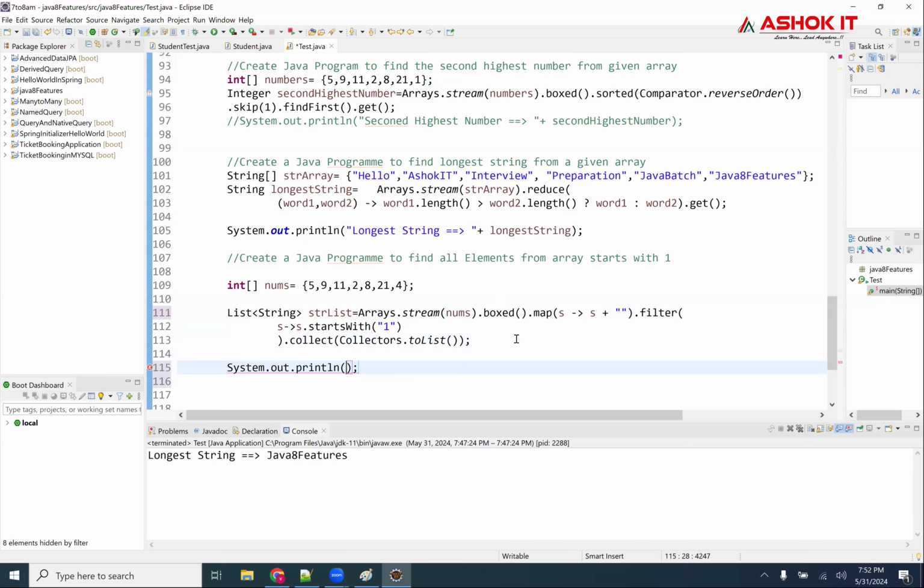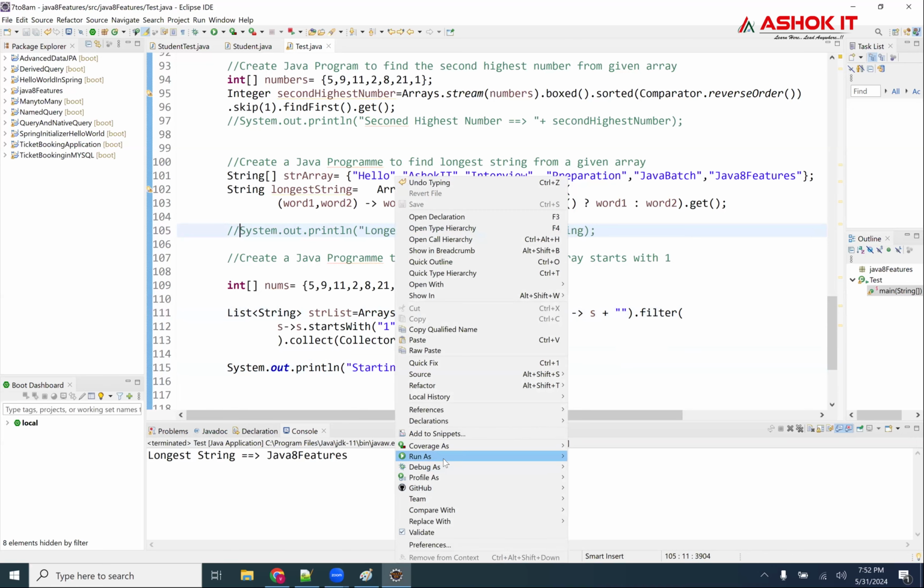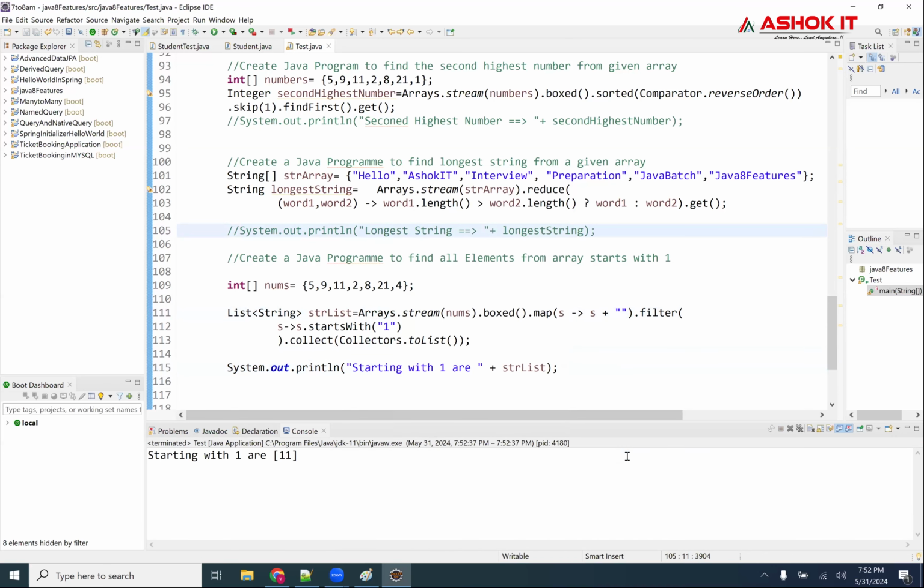Sysout, strList starting with 1. So if I run this code, you saw 11, right?